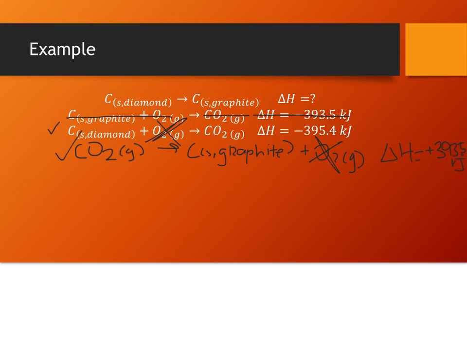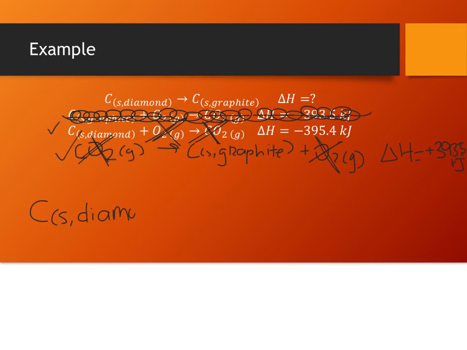Okay? Same with CO2. I'm actually going to squiggle this out more just because it's kind of confusing me. CO2 is a product on the first one, reactant on the second one. So we cancel those out. And then, once you're done canceling everything out, you write whatever you've got left. So carbon as a diamond produces carbon as graphite. Now that's actually the equation that we were looking for,